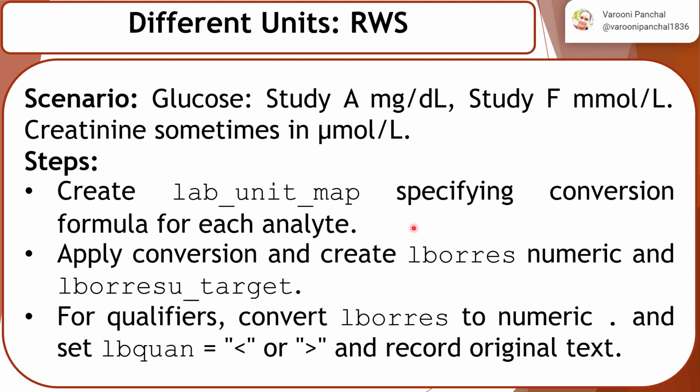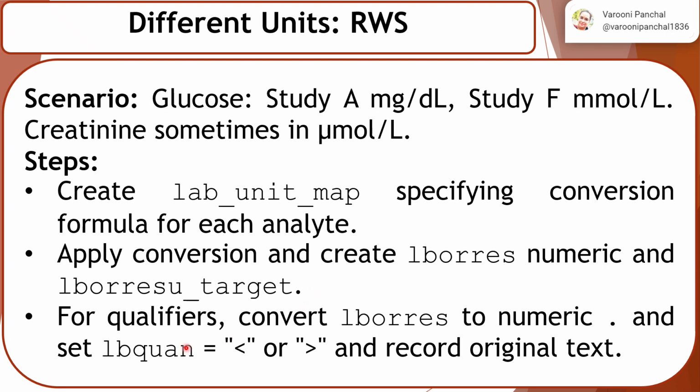So you need to combine all the 12 studies, either vertically or horizontally, whichever is the correct way to do that. And then you can find out the unique lab tests and the unique units. So based on that you can find out the conversion factor. Then you can apply this conversion and create the original unit, which is numeric, and the original_target. So this is the target that I'm going to convert. So that becomes the